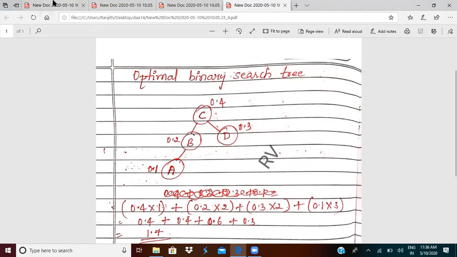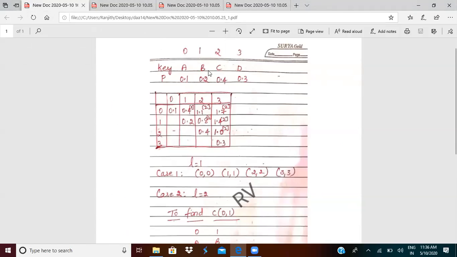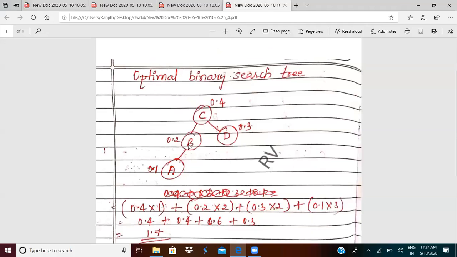Now, before C there are two elements, so I don't know which element to place to the left of C. To resolve that conflict, I check the value 0, 1. 0, 1 is 0.4, and the subscript value is 1. The key for 1 is B. So this B I have filled here. And what comes before B? A comes, so I fill it here. That's it.